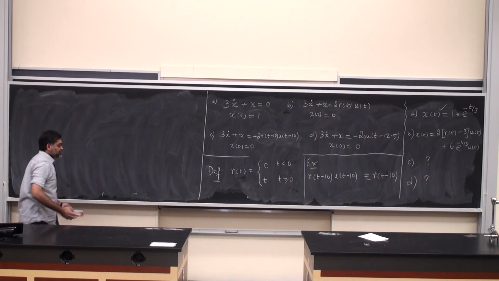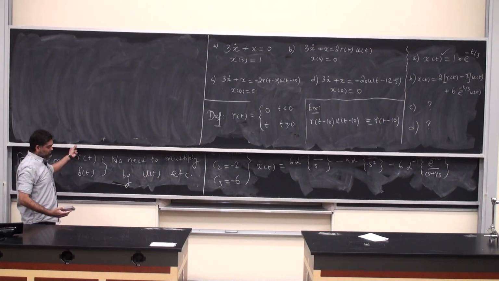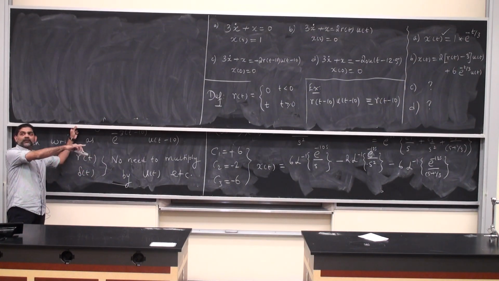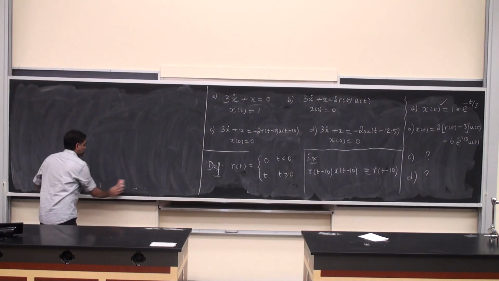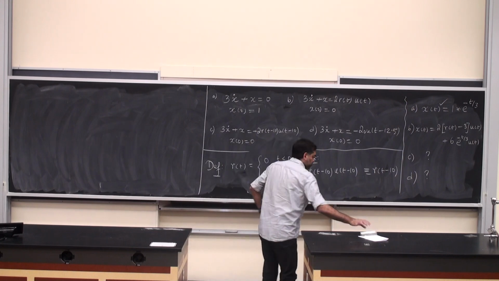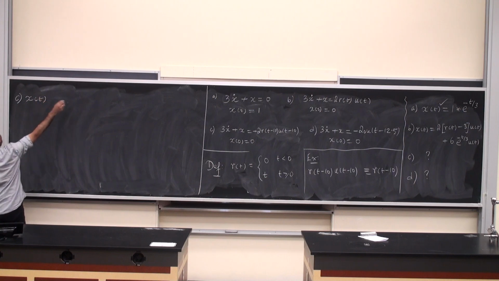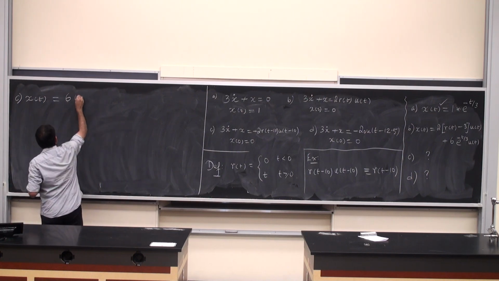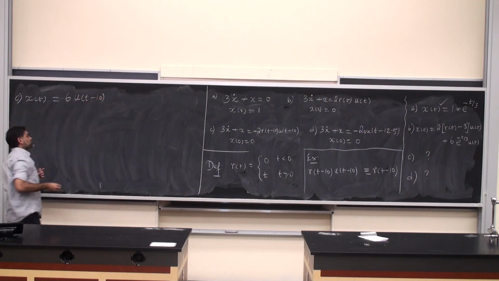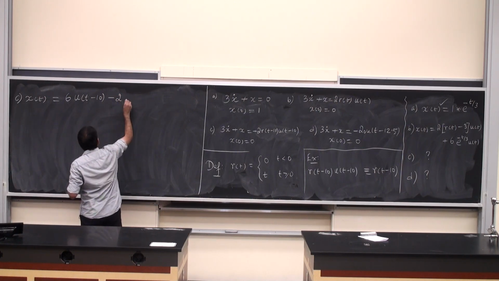I believe I might want to raise the board a little bit just to write the inverse Laplace. Did everybody get those last few lines? I believe we did this previously as well, so just bear with me, I'll complete this and we'll move on to better things. Alright, so x of t for the third part becomes 6. Because I had an e to the power minus 10, I have a shift taking place, and the first one becomes a step function because the denominator was 1 by s. Okay. Second one is a ramp function, minus 2 r of